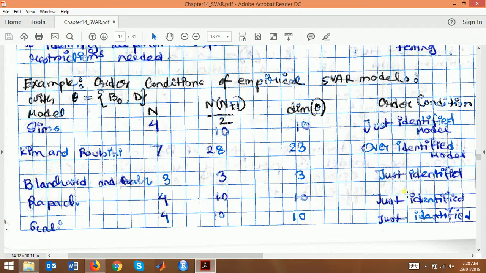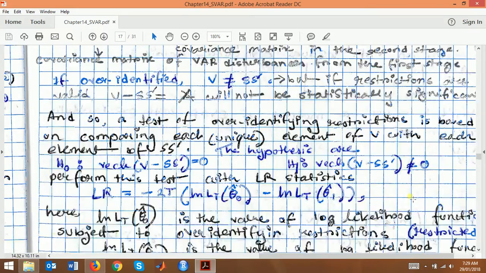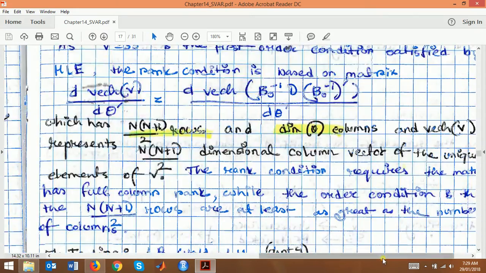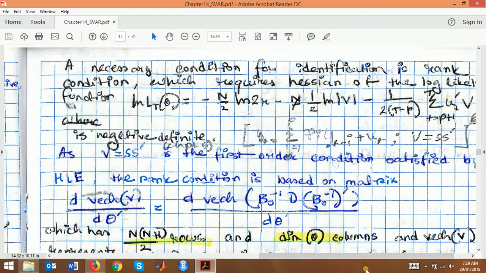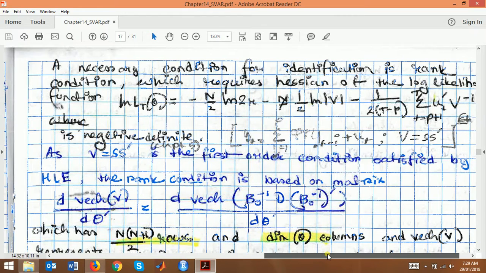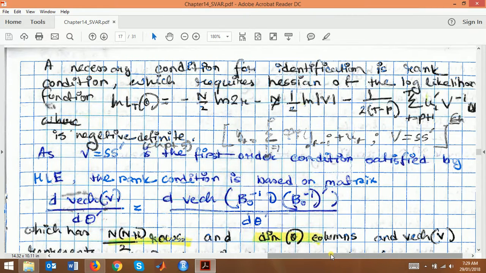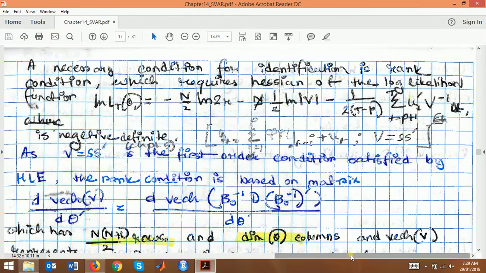Blanchard and Quah have just identified, Rapach has just identified, Galí was just identified. So you see, Kim and Roubini was over-identified, but that still passed to be an important model, and that will be acceptable. A necessary condition for identification is a rank condition, which requires the Hessian of the log likelihood function,